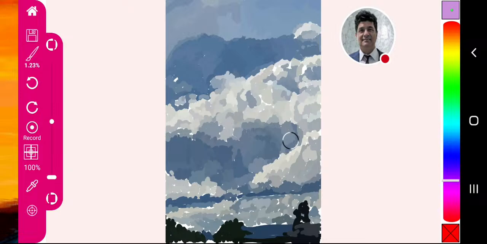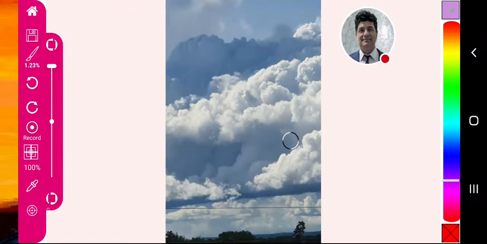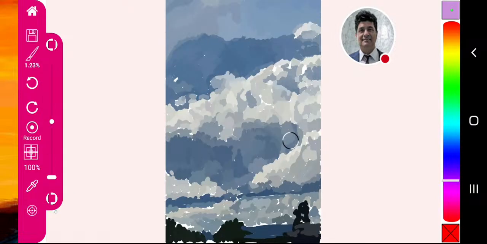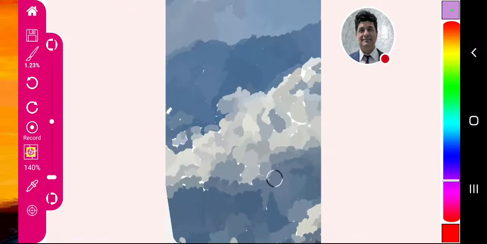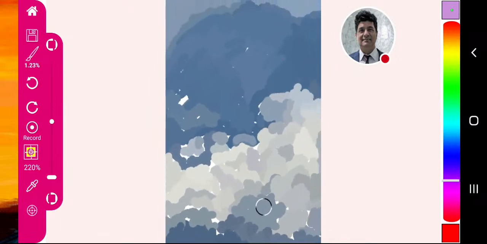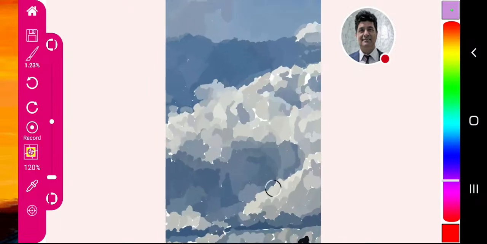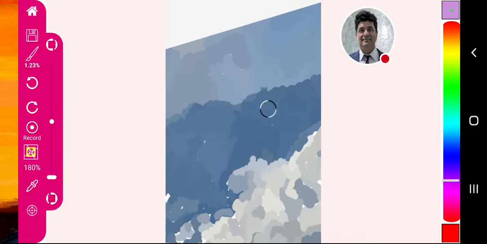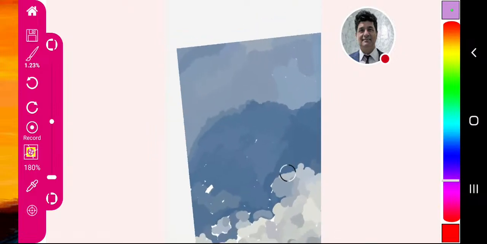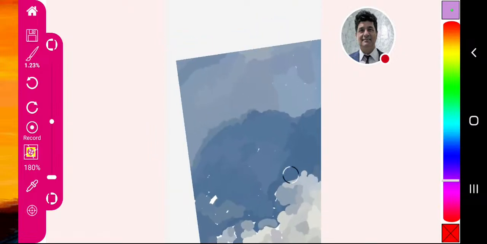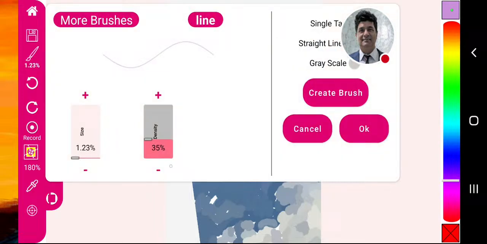So this is my drawing, and if you click on that bottom icon, you can switch between your drawing and the reference. So let's look at it. What are we going to do? We're going to now start doing the blending. Very easy, if you know how. And we keep sticking to the line brush. Okay, so the line brush here, and we're going to move this line brush